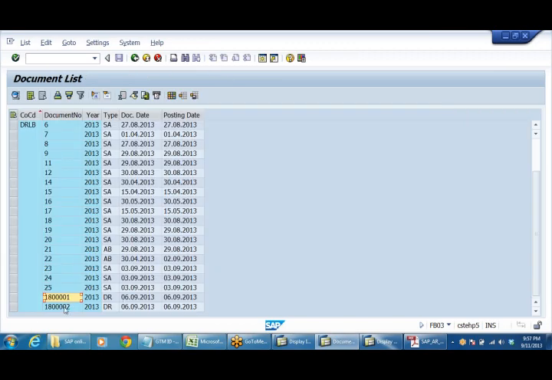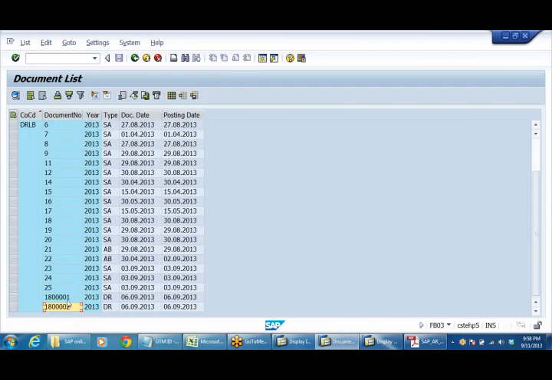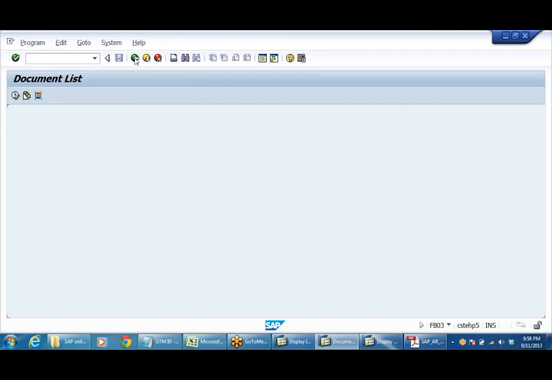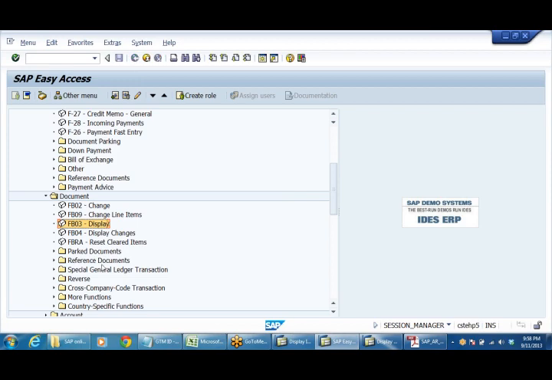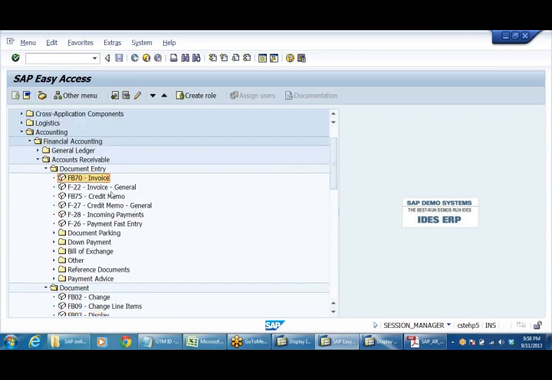Similarly, second entry, $1,33,000 Sun Pharma. First one, what is the amount? So we can post accounting entries not only in F-22, you can post in FB70 also. What is FB70?